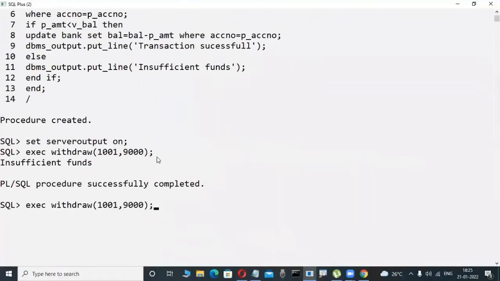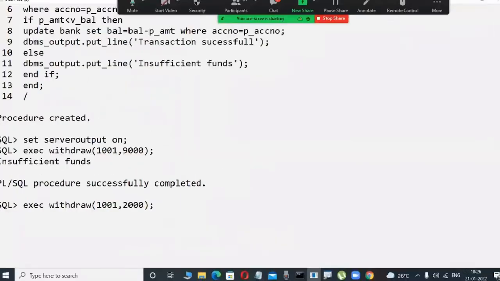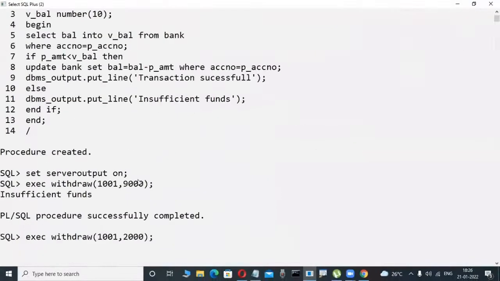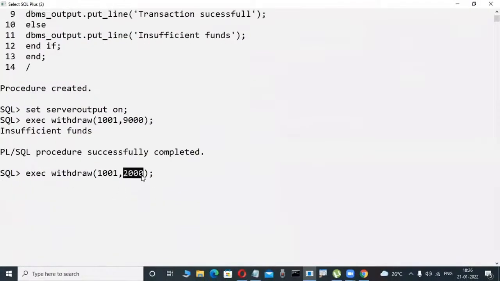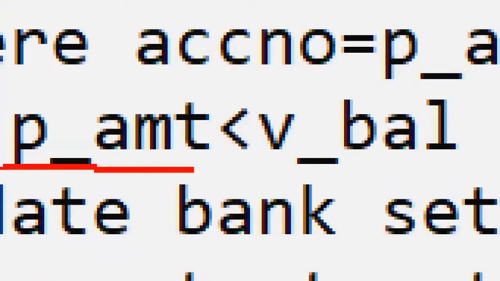Here, observe it. Now 1001 is my account number. I try to execute withdraw again. Okay, so now the procedure. Now I try to withdraw 2,000 rupees. Possible? Possible. Why? Because my balance is 3,000, but I try to withdraw 2,000 only, which is possible. So whenever your passed amount, 2,000, is less than the available balance, in this case 3,000,